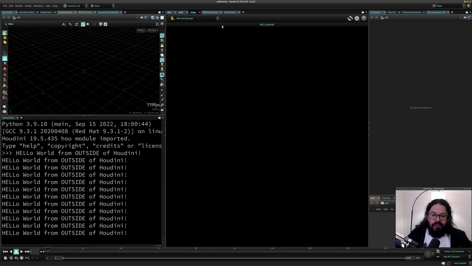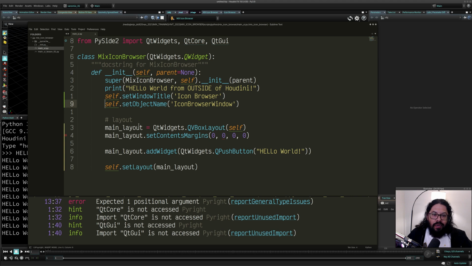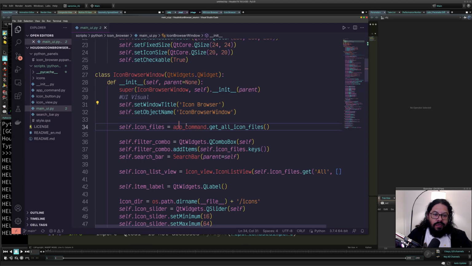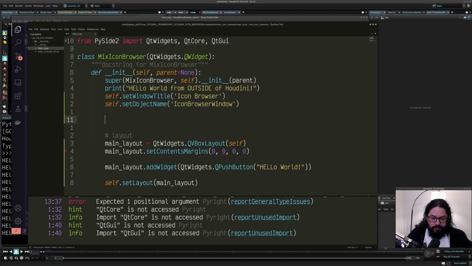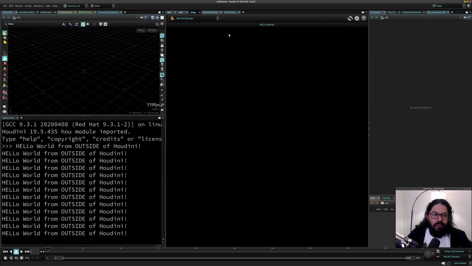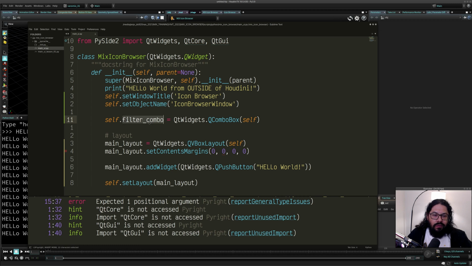Now we have, oh, I just did that. We should have now self icon files, app command, get all icon files. This is, I suppose, a function that is getting all this stuff. Let's get the combo box here and to this part, and that should give us now a combo box, which is not giving us filter combo with combo box,